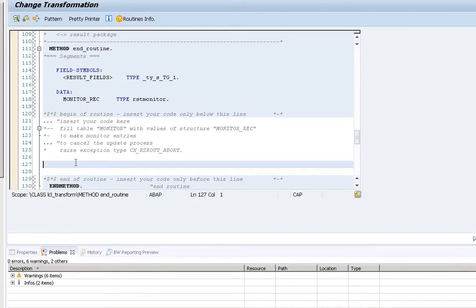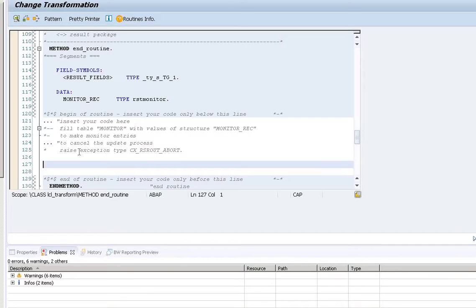When we are writing a routine for the end routine, it's about the result package. It's not about the source package. Source packages are related to the start routine, and when we are writing code for the end routine, that's related to the result package or result fields.